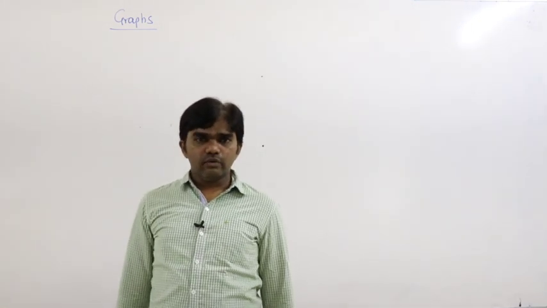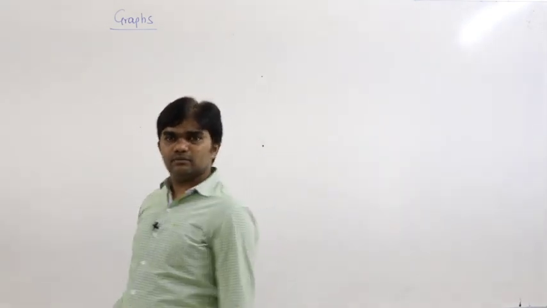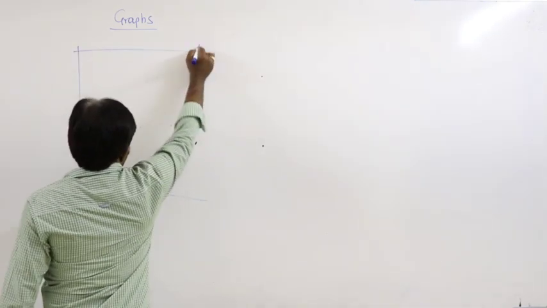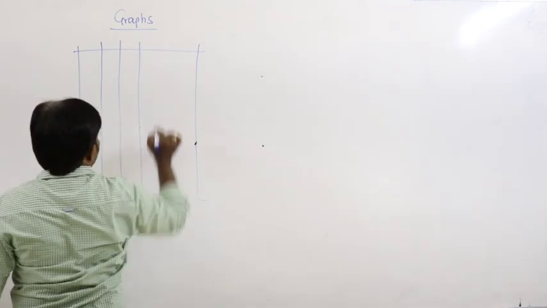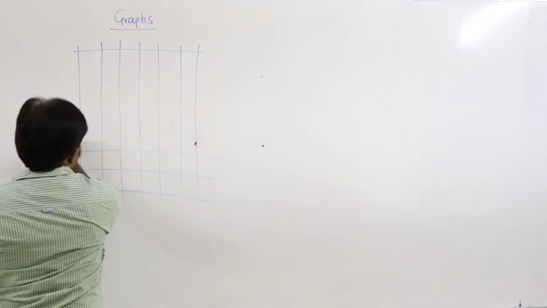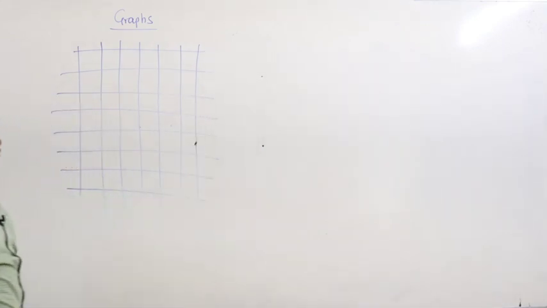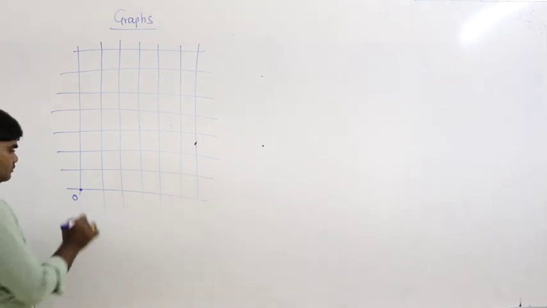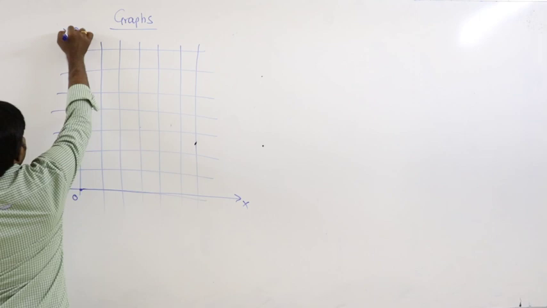First of all, how can we draw the graph? This is only two-dimensional. You know the graph paper. For example, graph paper. So a simple way to draw this, like this. Let us say this one. This is considered as the origin, and this is, let us say, the x-axis, and this is the y-axis.